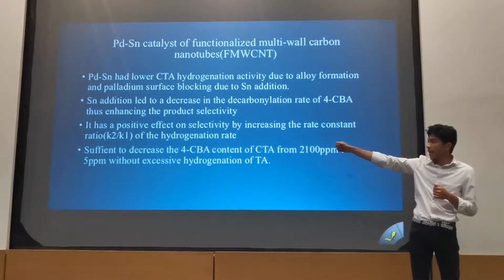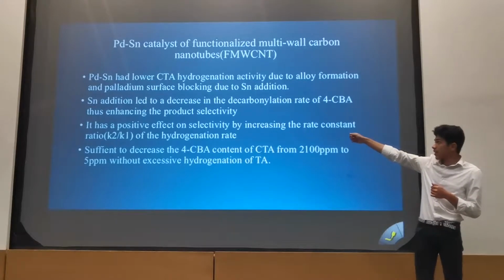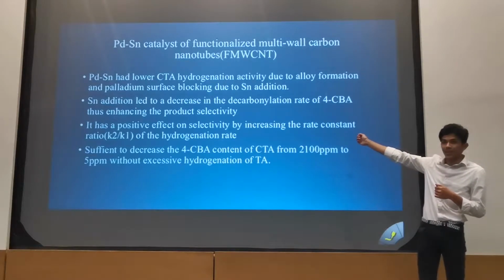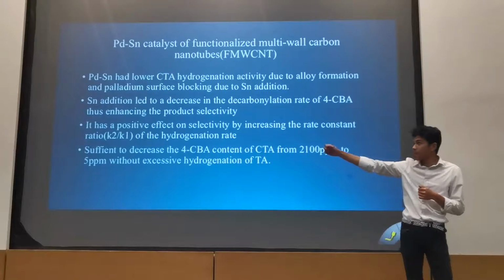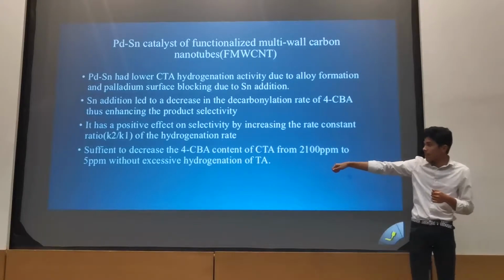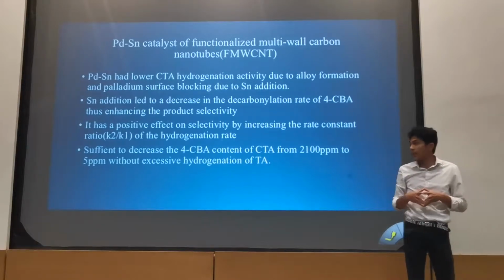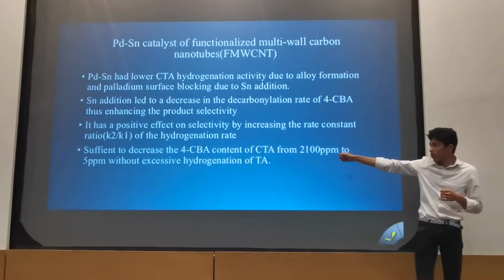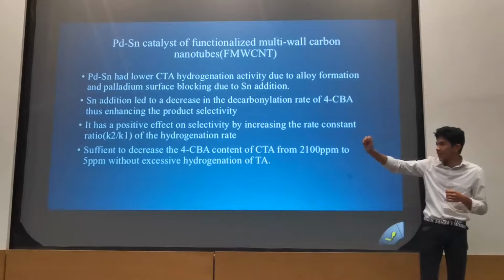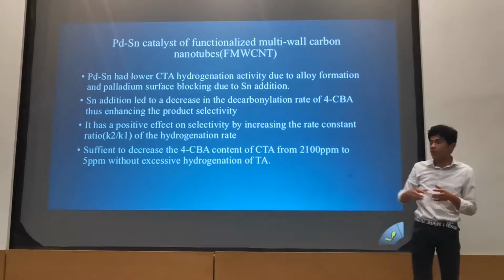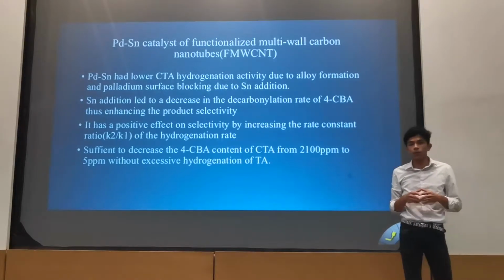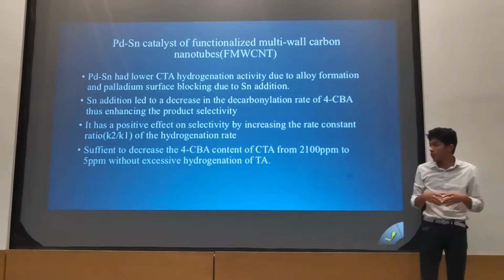The tin addition led to a decrease in the decarbonylation rate of 4-CBA, thus enhancing the product selectivity. Next, it has a positive effect on selectivity by increasing the rate constant ratio of the hydrogenation rate. And the last one is it is sufficient to decrease the 4-CBA content of CTA from 2100 ppm to 5 ppm without